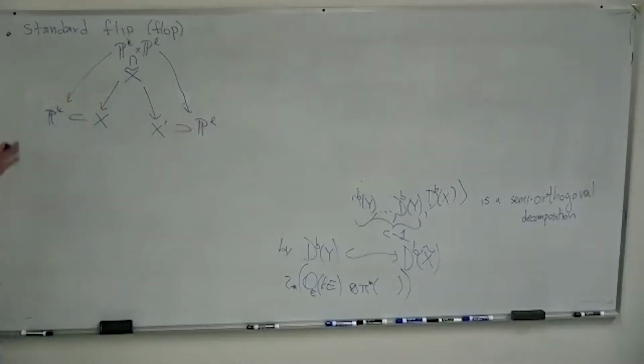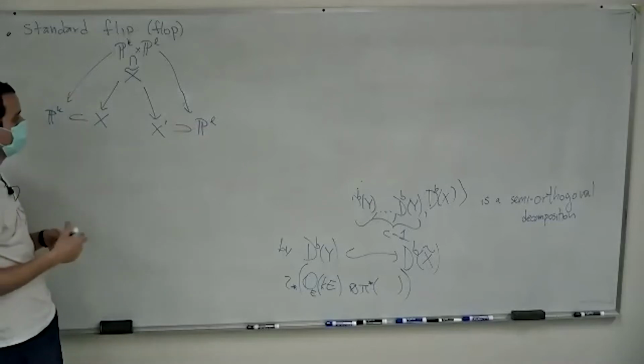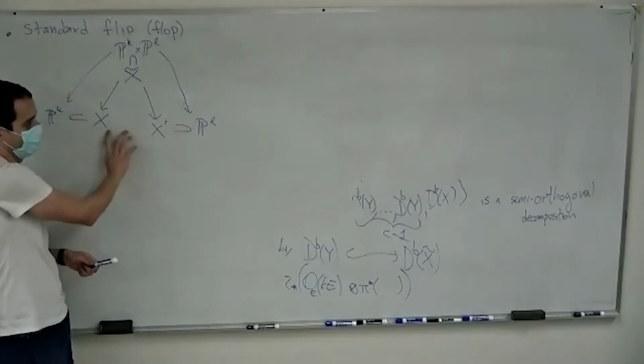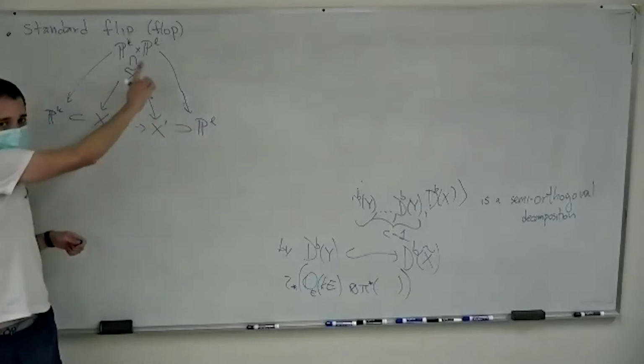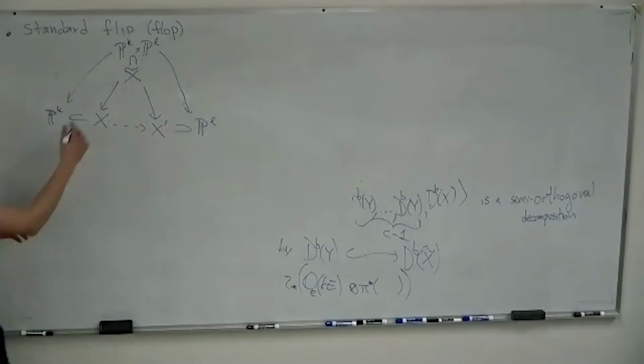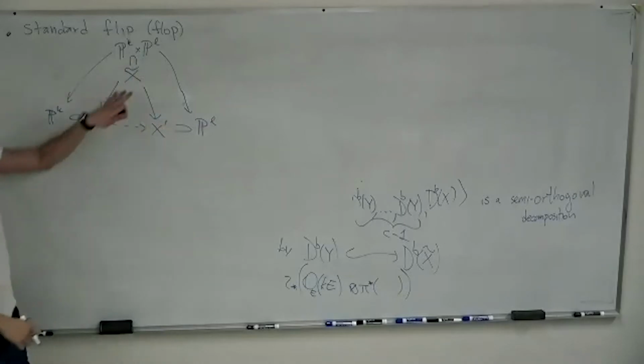So whenever you have this picture, that's a standard flip, and that's another possibility for a kind of standard birational transformation. Of course, these two are birational to each other by means of these two maps. So these two are supposed to be just blow downs. So whenever you have that,